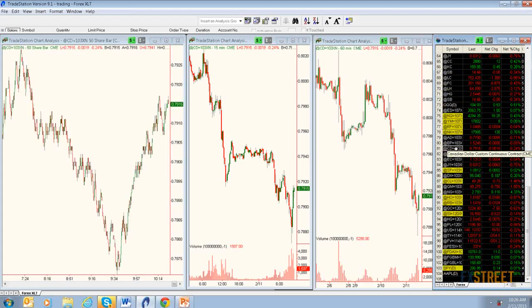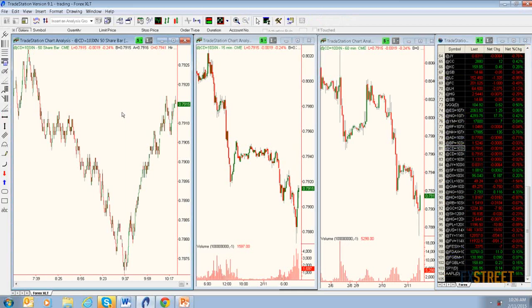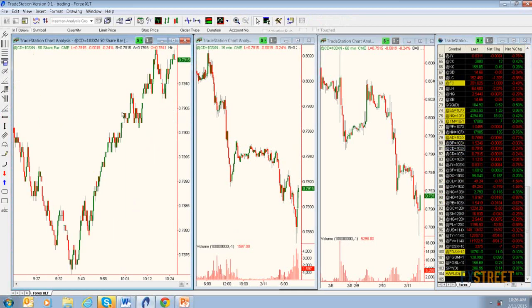So I'll run through this process here from start to finish in a second. So the charts come up. There they are. All right, so there's the Canadian. Remember, this one's $10 a tick. Okay, so if we look at, say, the 50 share chart here,